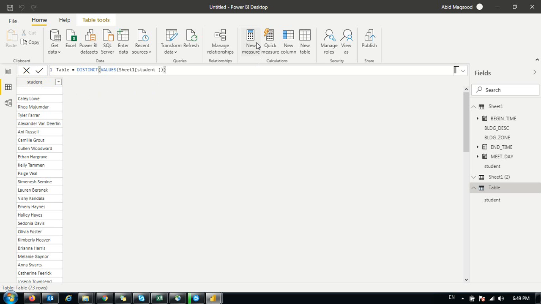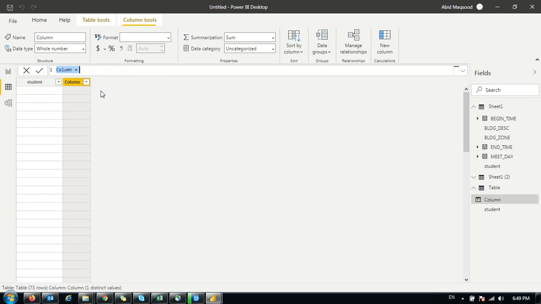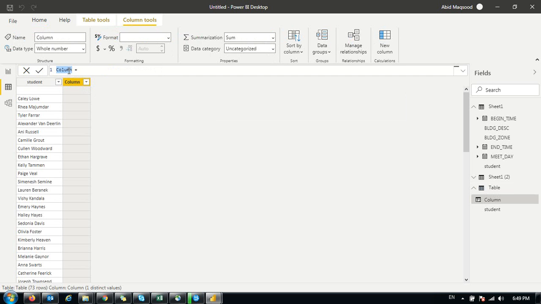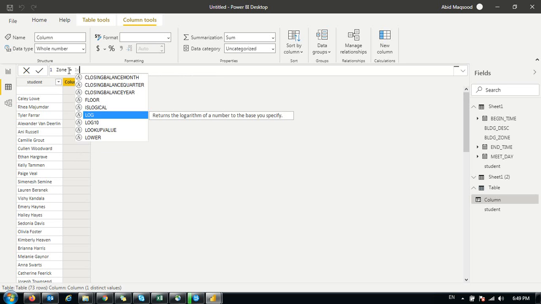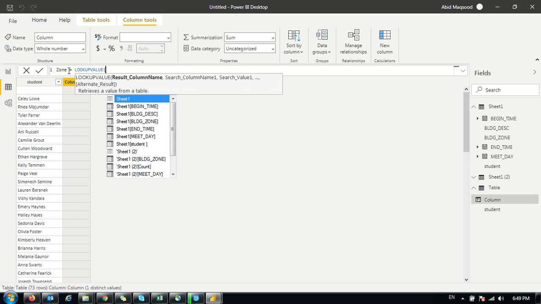Now I can add another column over here. So add column, I will click on new column, and I will write a formula which we will discuss in today's session, today's training. That is the LOOKUPVALUE function. So this column is actually the zone column, and in the zone column I will write the function LOOKUPVALUE. First of all, I have to give which column I need over here.